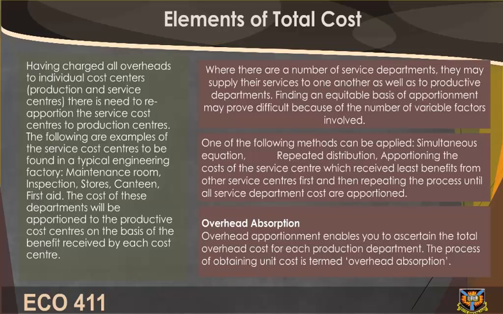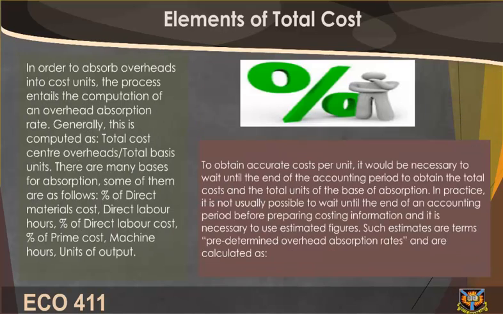Overhead absorption. Overhead apportionment enables you to ascertain the total overhead cost for each production department. The process of obtaining unit cost is termed overhead absorption. In order to absorb overheads into cost units, the process entails the computation of an overhead absorption rate. Generally, this is computed as total cost center overheads divided by total basis units. There are many bases for absorption. Some of them are as follows: